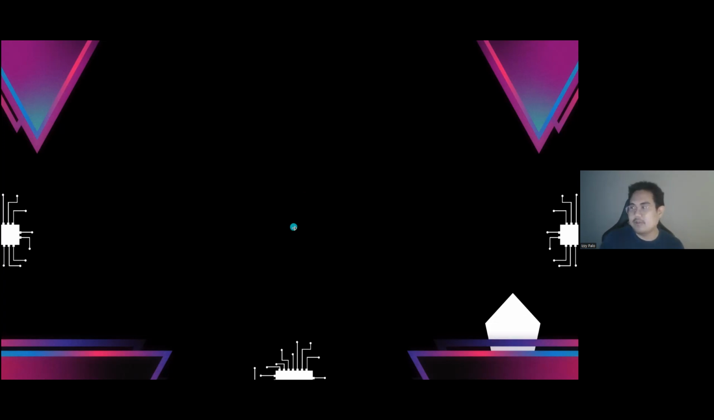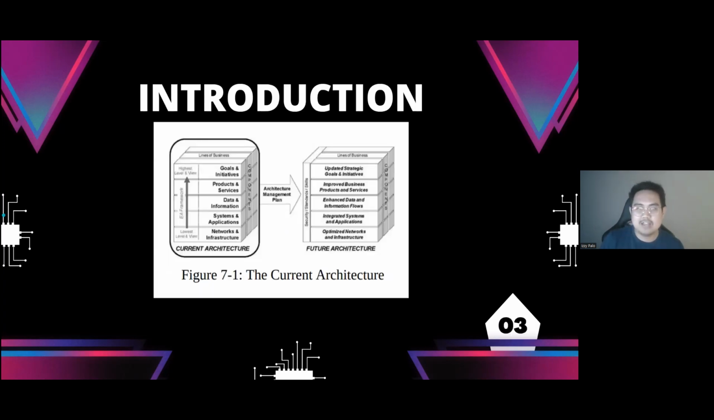In this figure that I'm going to show, the current view of EA provides an enterprise with documentation of existing strategic goals, business services, information flows, IT services, and technology infrastructure, as well as common thread areas of security standards and workforce planning. So in order for us to create an architecture management plan for our future architecture, we need to be able